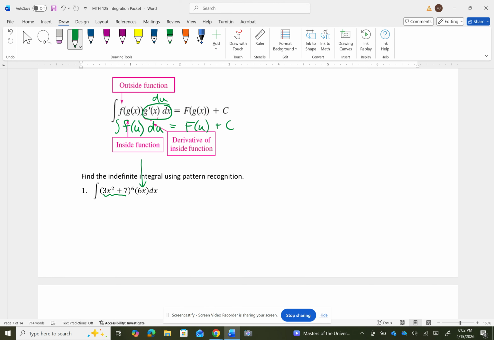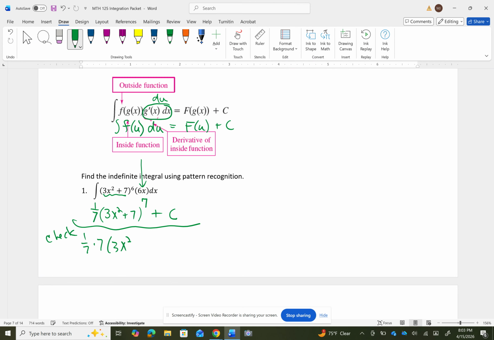So we might be able to do this one by just thinking, kind of like we did in section 5.1, and thinking about how the exponent of 6 would have had to start out being a 7, but I want that 7 to go away when it gets brought down in front, so I'm going to put a 1/7, and that is going to turn out to be it, because after that 7 comes down, like when I'm checking it,